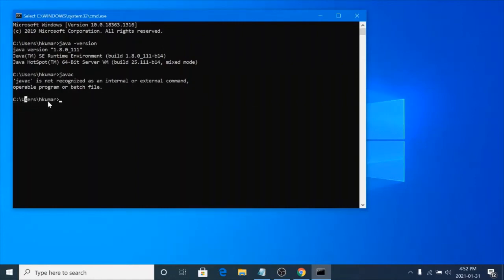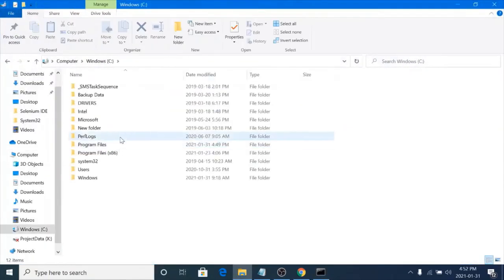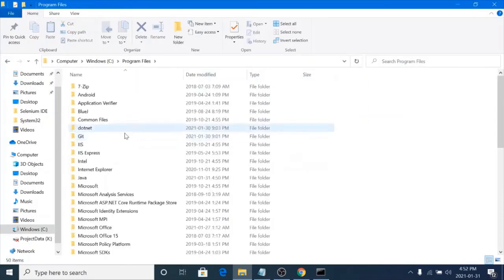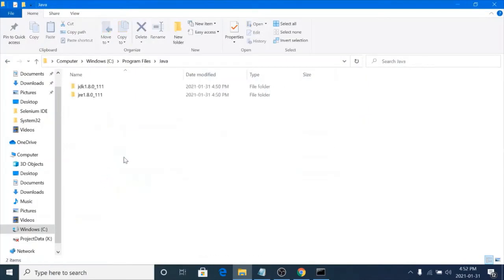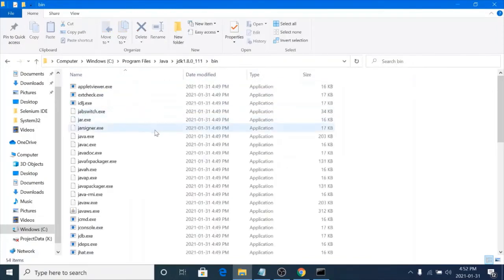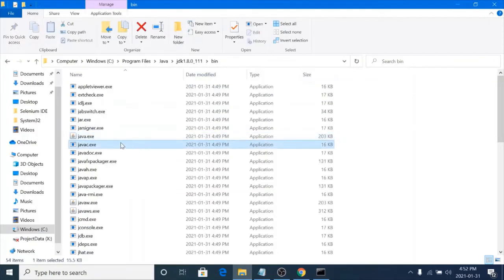By default, all the EXEs related to Java are stored in this default folder. Let me show you. That is C drive, Program Files, and Java. Have a look. All the EXEs are stored here. You can find javac here.